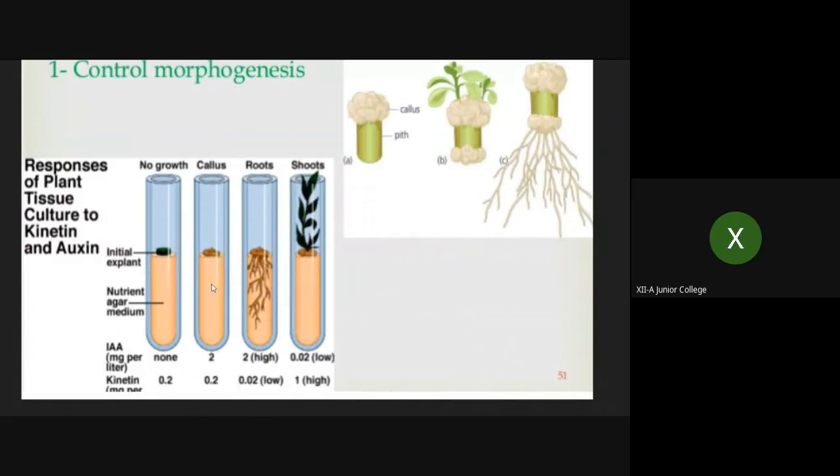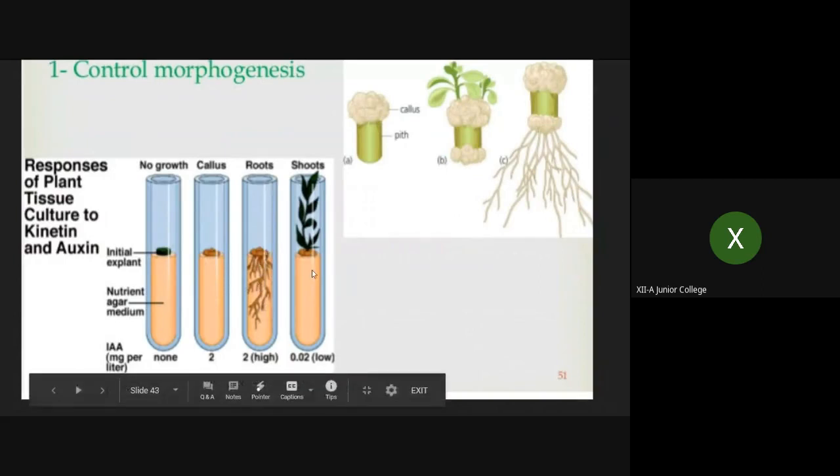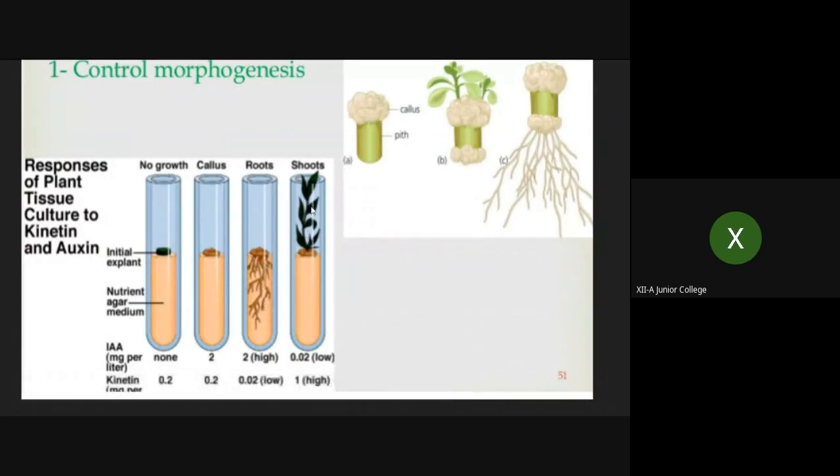And using this nutrient medium, now you can see here the roots are produced, and here you can see shoots are produced. And then this is what is called callus, which further gives rise to roots and shoots. So then a small plantlet is produced. Again, it is maintained with the temperature, light, and everything. And then after a particular period, it attains a particular growth, and then can be transferred to the soil.